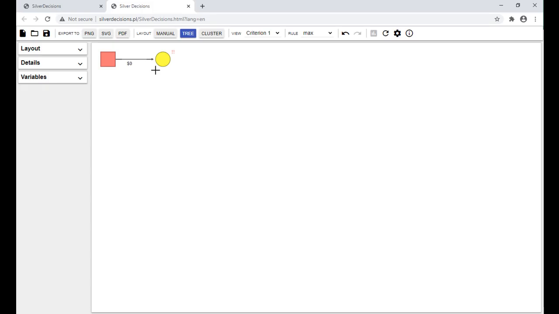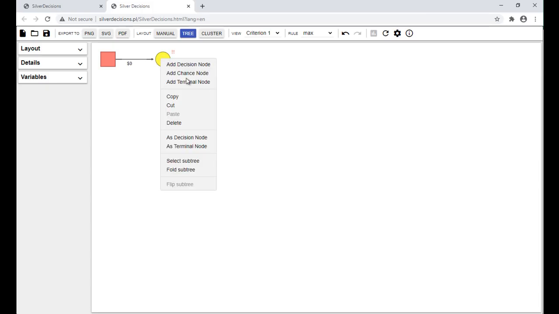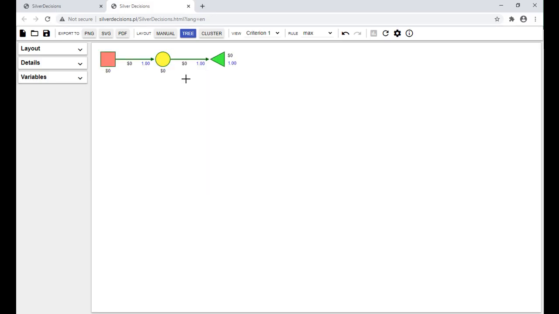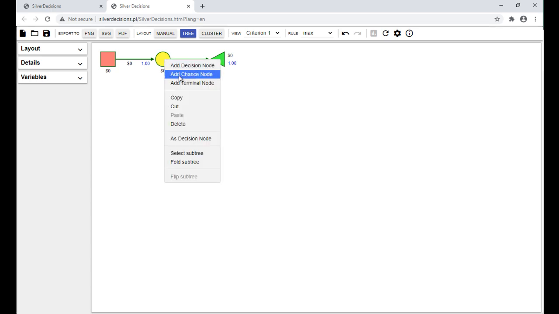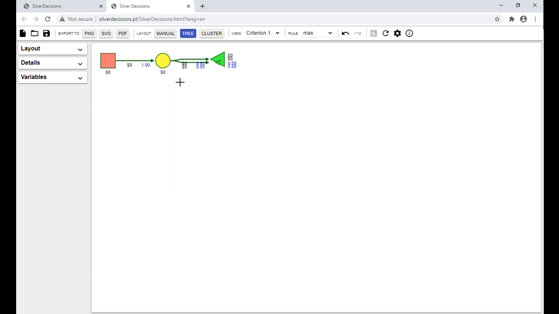And going again, building off that chance node now and adding a terminal node. Okay, so I've got one terminal node for the branch that deals with the weak demand, a second terminal node that deals with the strong demand, and I'm going to insert my information here. So now that I've got that initial decision node followed by an initial chance node and its two terminal branches,